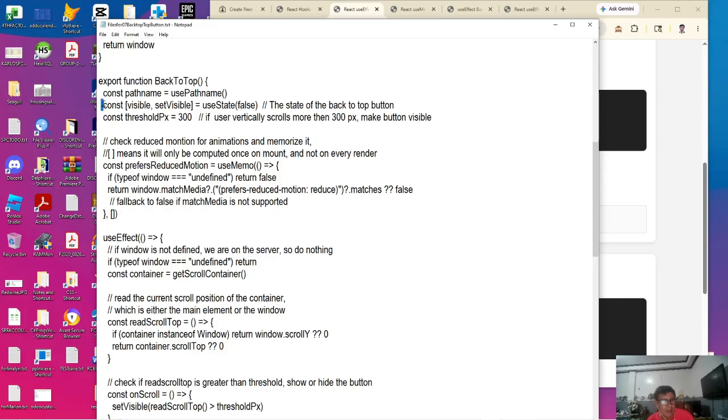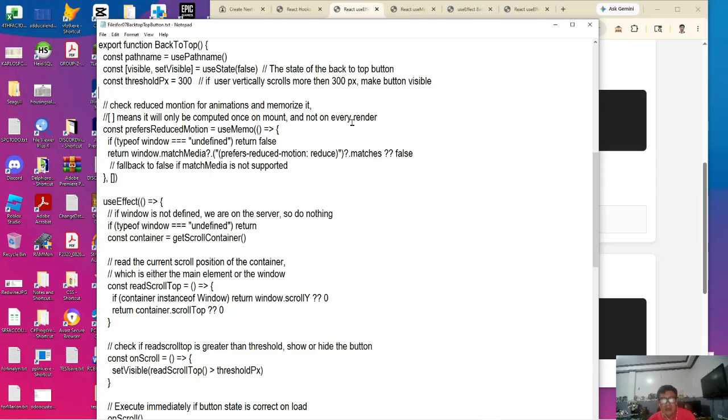We have a useState hook which is called visible, and it has a setter called setVisible, although the initial value of the variable is false by using the useState declaration. And then we have a threshold of pixels. If the user scrolls more than 300 pixels below, it will make the button visible, and it will also make it disappear when it goes smaller than 300 px.